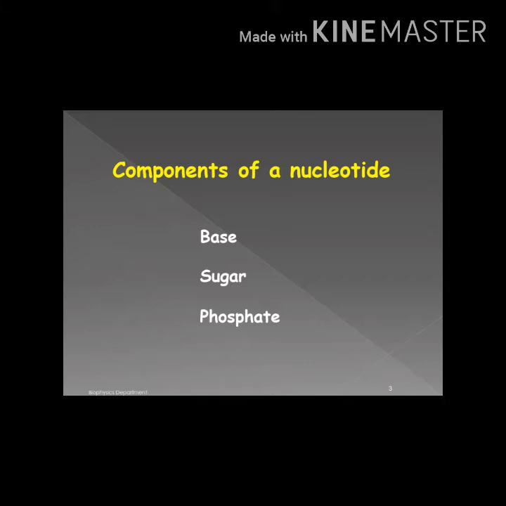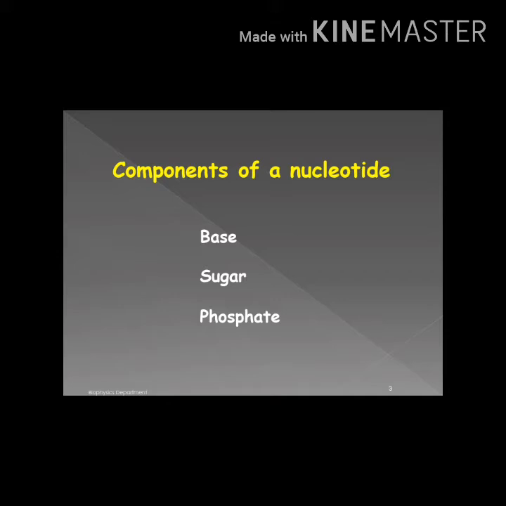So what is the component of DNA? Basically it is made up of three basic components, the first being nitrogen bases. These nitrogen bases are 4 in DNA and again 4 in RNA, where thymine is replaced by uracil. The next component is sugar. It is a 5 carbon sugar, where in RNA it is a ribose sugar and in DNA it is